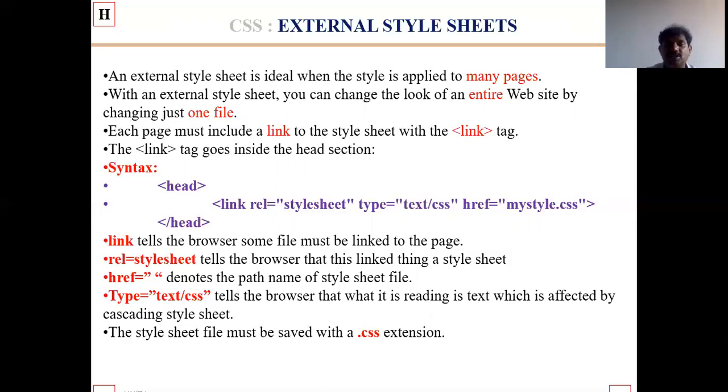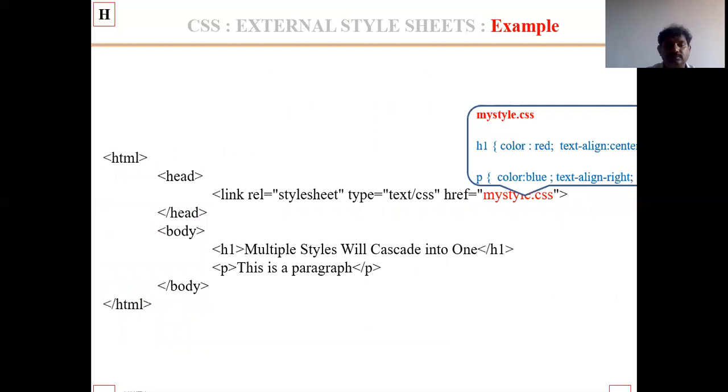We can write the external style sheets in the body. And example: HTML opening tag and opening tag head, link rel equals stylesheet, type equals text/css, href equals "mystyle.css".